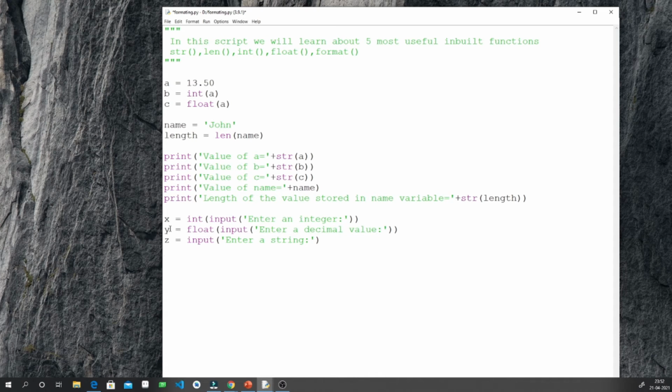Okay, so now I will print all the values, but this time I will not print using the str method. This time I will use the function format. Let me do it first, then I will explain.